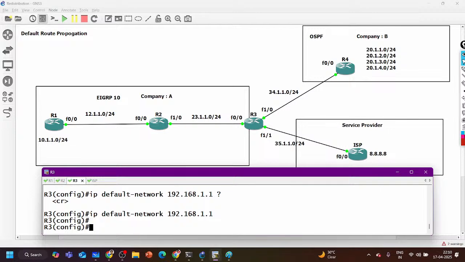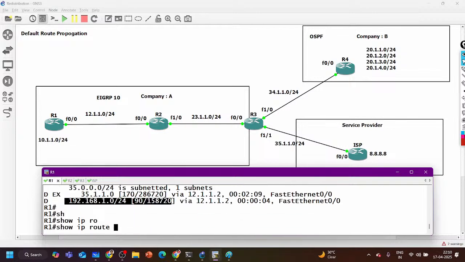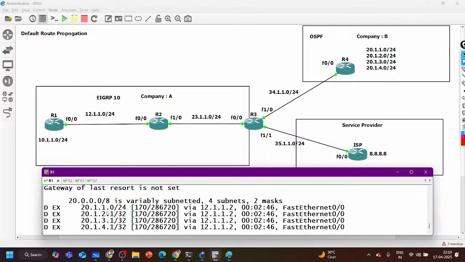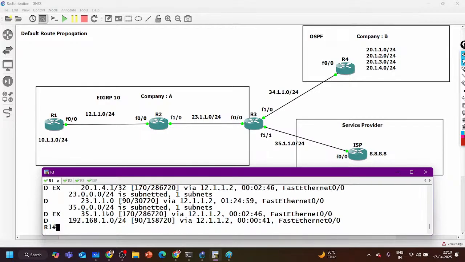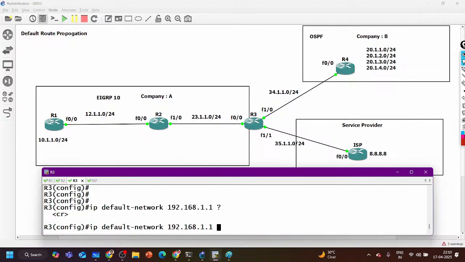That's it. Now go to router 1 and check show IP route EIGRP. Now it should advertise the default route. Maybe I am missing any command here, but this is also one option. This is called candidate of default route.